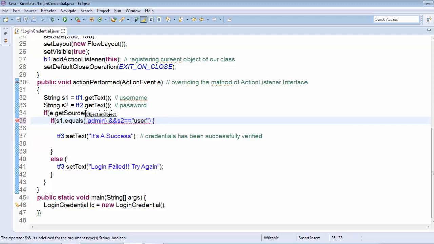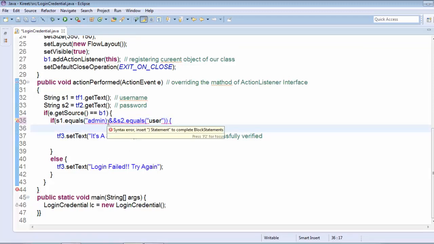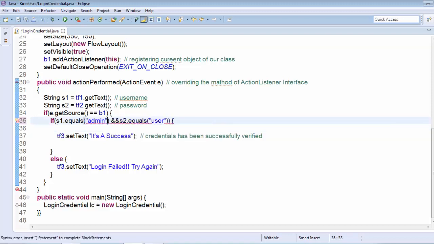and s2 dot equals, and inside this we have to write user. So now let's see, this is closed. If I am writing s1 double equals to admin and s2 double equals to user, it is comparing the references, it is not comparing the string. So for comparison of a string, we have to use the equals method, that is the method of the string. So let's try to run this now,